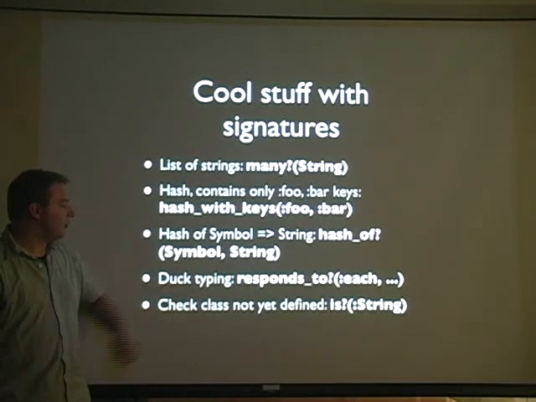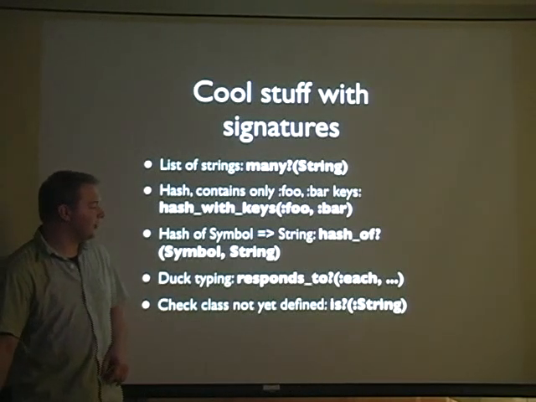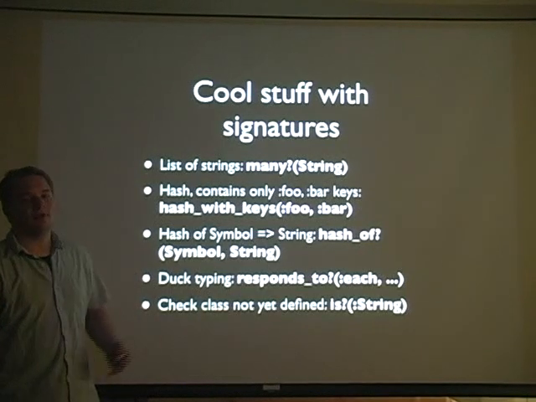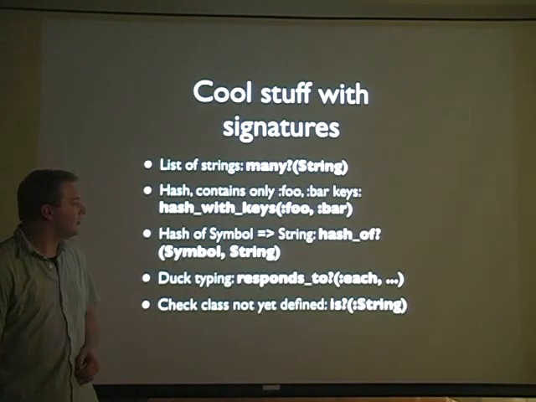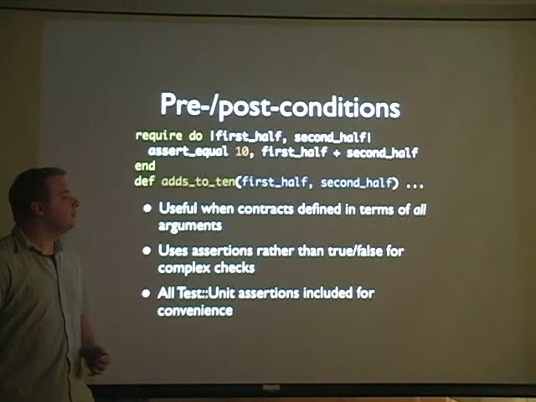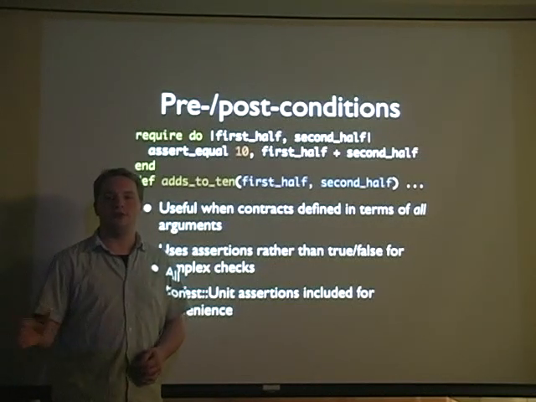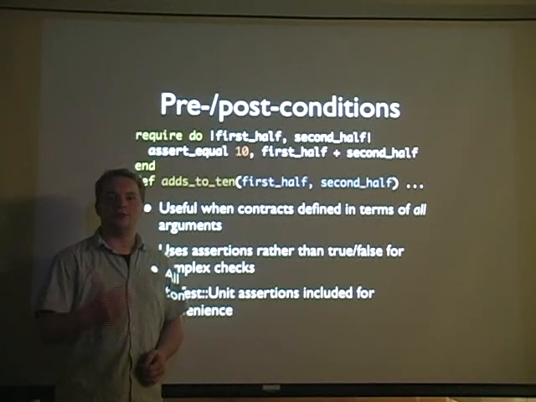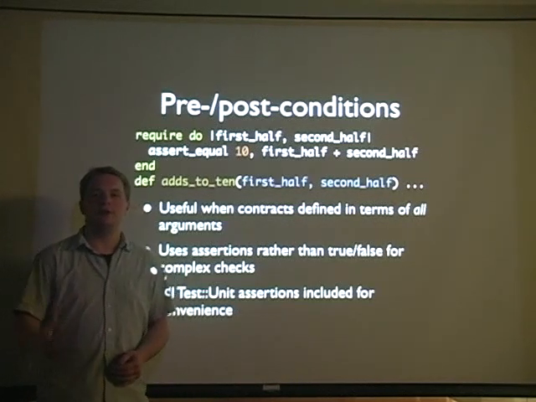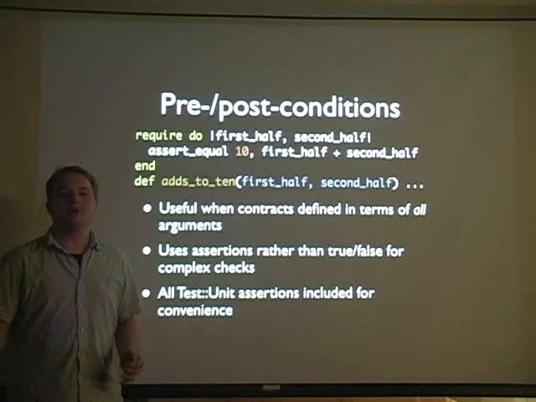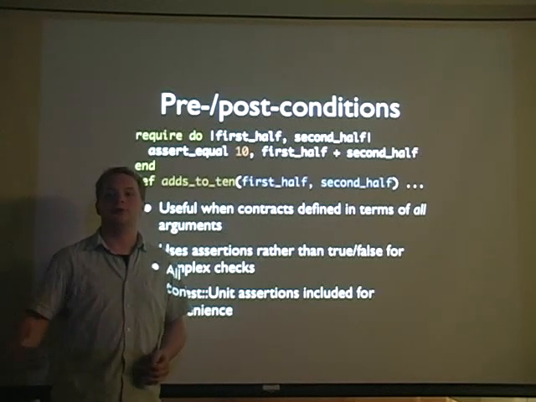And you can also, if you have complicated code and you want to be able to check if something is a class that will exist at runtime but doesn't exist in the code yet, you can use is question mark. And finally, you have pre and post conditions, which are sort of like Eiffel style. Eiffel is the language that first came up with this idea of design by contract. And Bertrand Meyer, the inventor of Eiffel, actually he's copyrighted the term design by contract, so I shouldn't refer to it that way. But